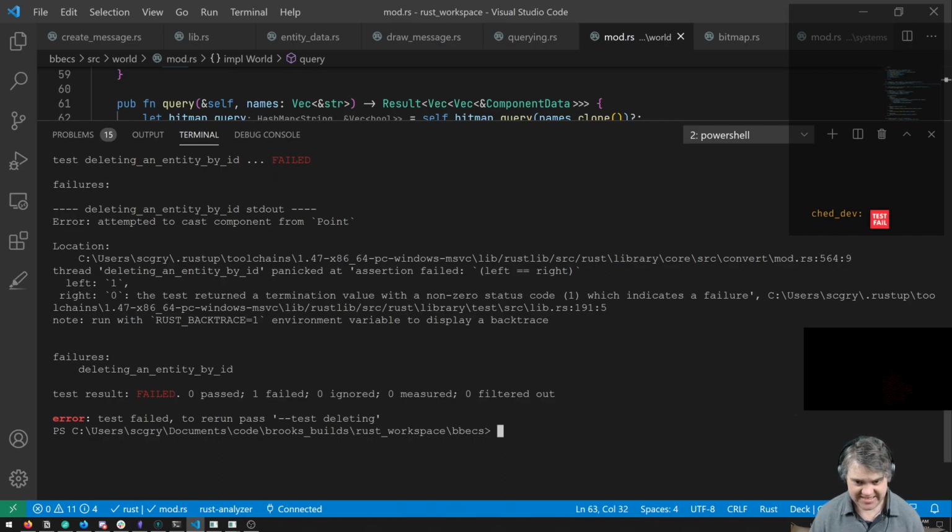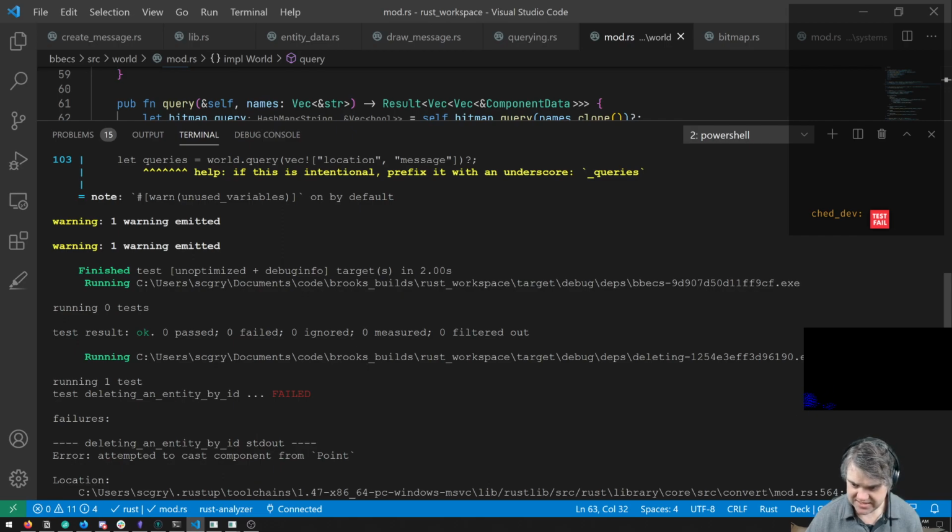Deleting an entity by ID. That failed. Interesting. So mod.rs, let's see. That's in convert. Okay, so our cast, and we had a full error. Attempted to cast component from point. Where's my actual full test? Where exactly did you fail?